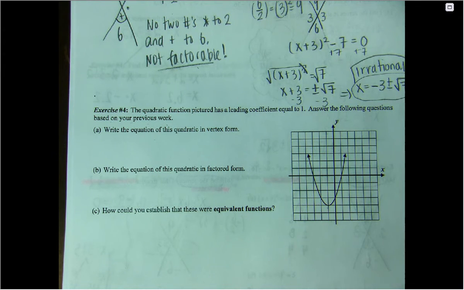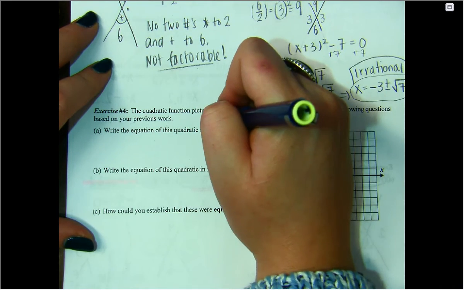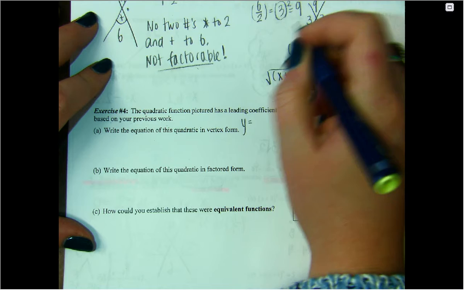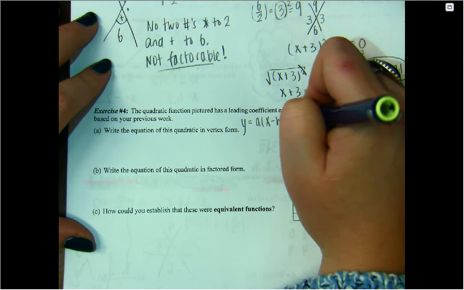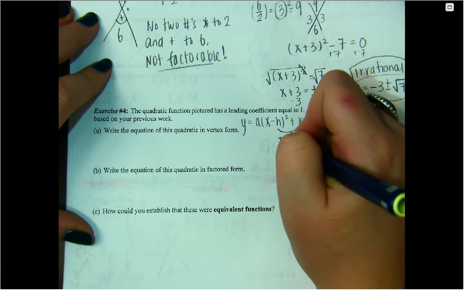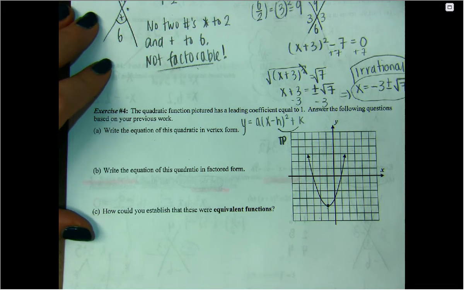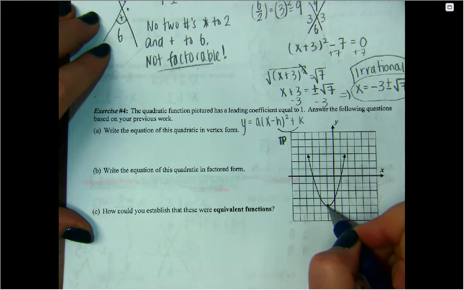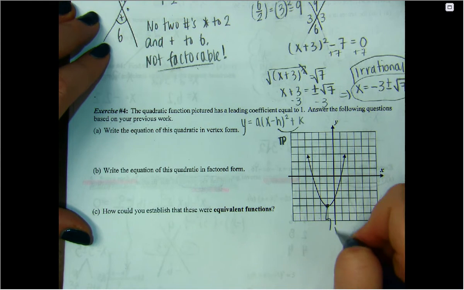All right. So vertex form is when you have that h and k where you put that turning point into there. Okay. So it's y equals a(x minus h) squared plus k. Okay, this is your turning point or your vertex. And remember, we put in the opposite of what we see. So let's identify the vertex,